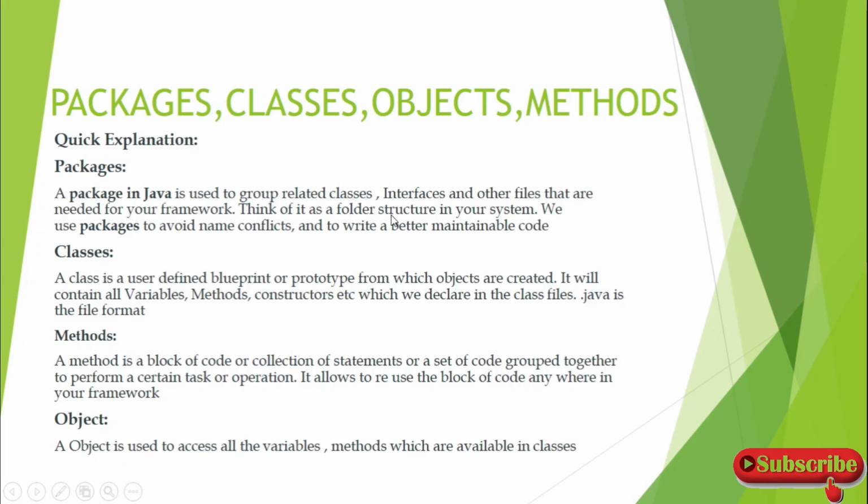Say, for example, in your machine you have different folder structures. You will have your own pictures, videos, and documents saved inside separate folders, and in that you will classify your wedding pictures and birthday pictures under the pictures folder. Similarly, your work files and personal files you will classify under the documents folder. That segregation is how you do it in your system. Similarly, for a framework also, you have to do that segregation. That's what we have mentioned here.